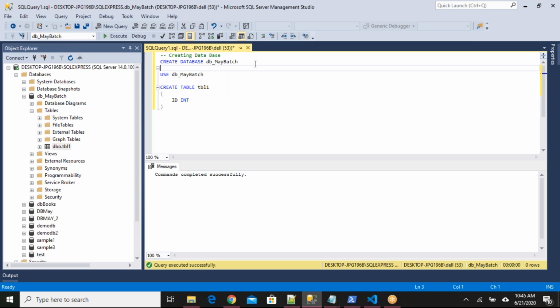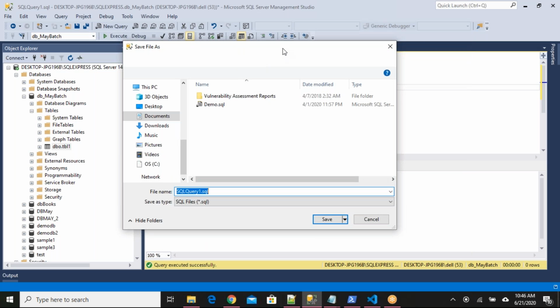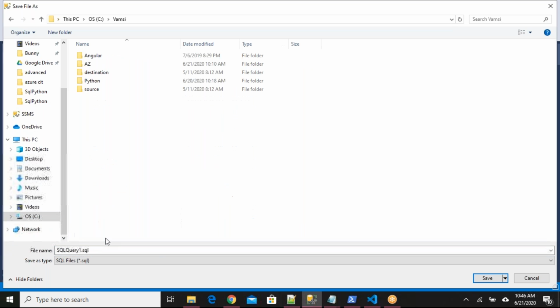So we have seen how to create a database and how to use the database. These are the two queries. I will save this file so that I can share it at the end of the session. Let me save it as Python SQL Server.